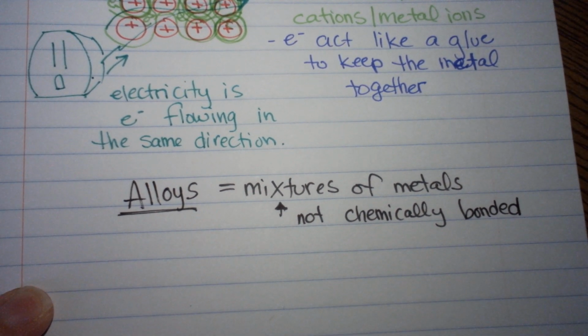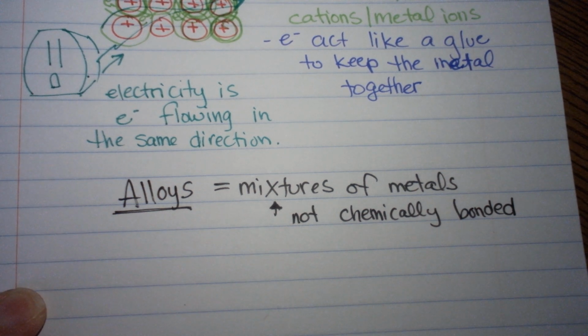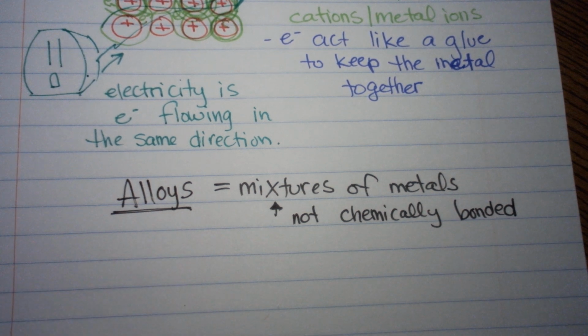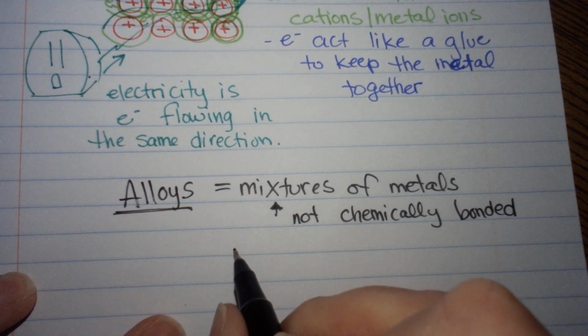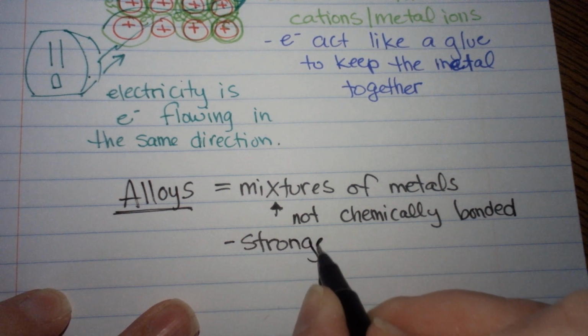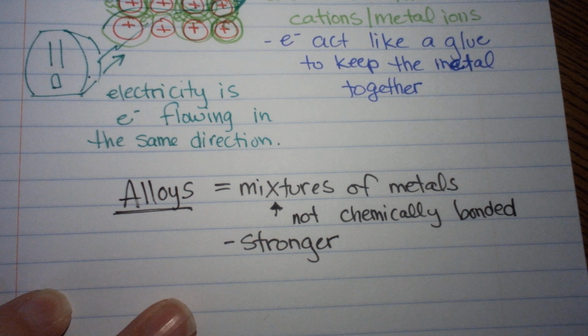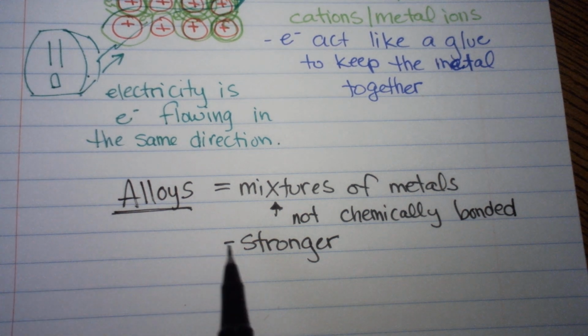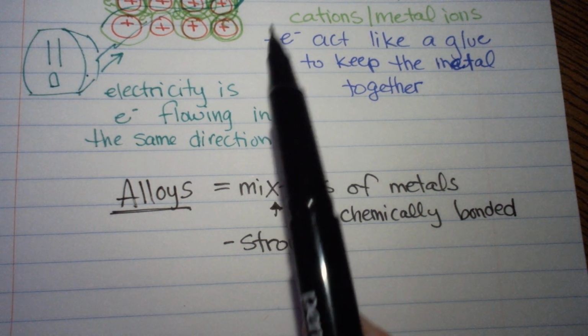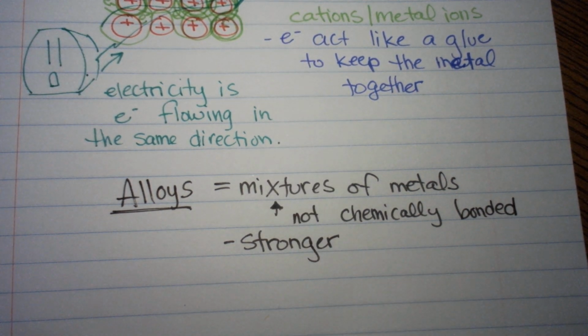But we're talking about them with a metallic bond. Why? Well, let's think about what an alloy is, and why would we have an alloy? Alloys are stronger. So you can take apart an alloy if you melt it down, but it still counts as a metallic bond,